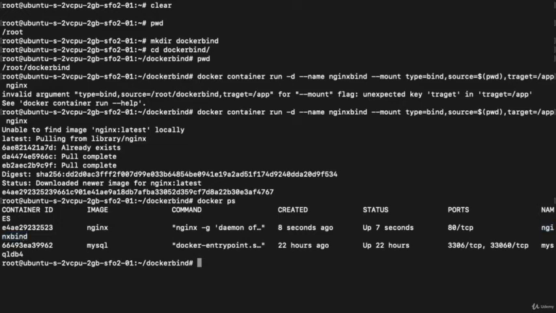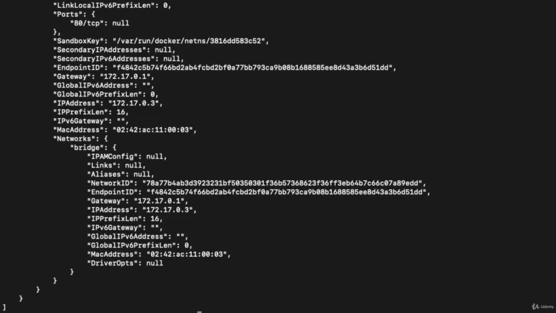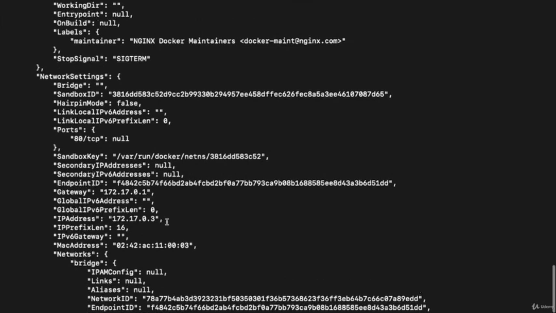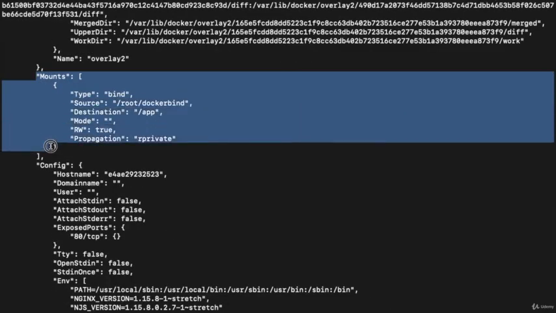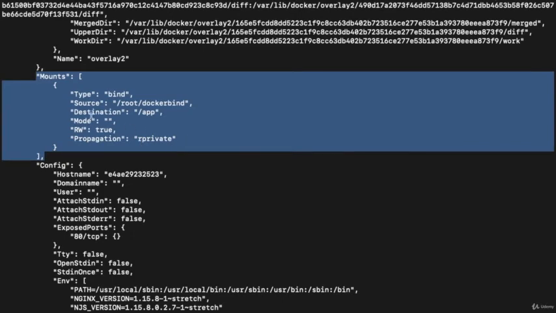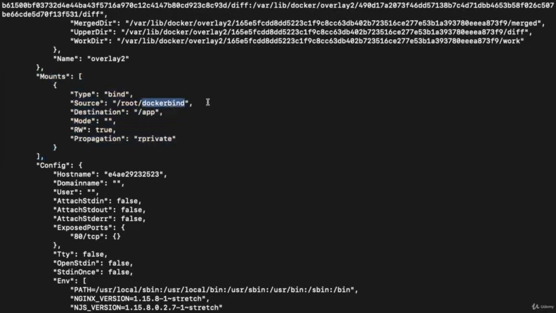Let me clear my console and execute docker inspect nginx bind. I will scroll a bit until I find the mount location, and you can see over here the mount destination is /app and the source is /root/docker bind, right?